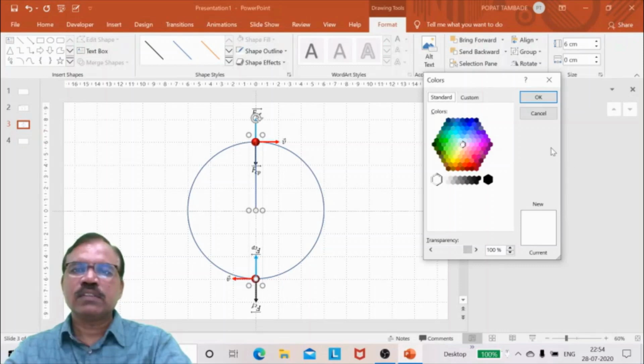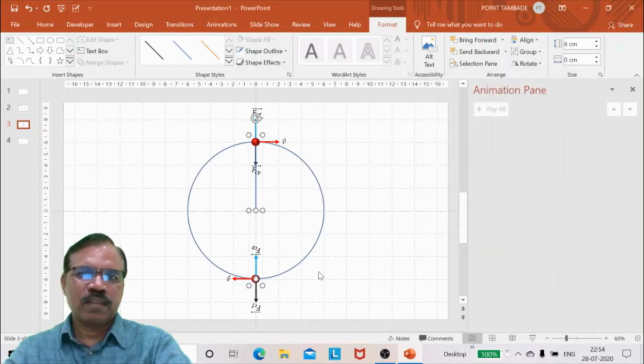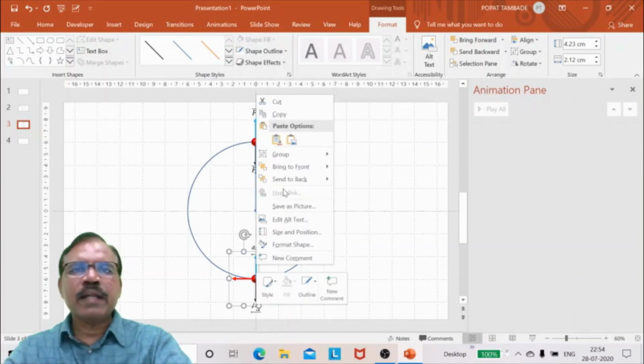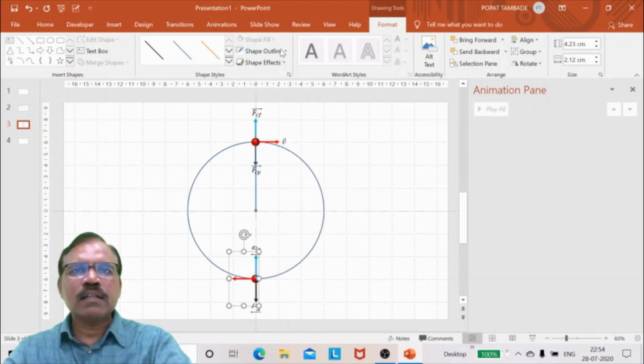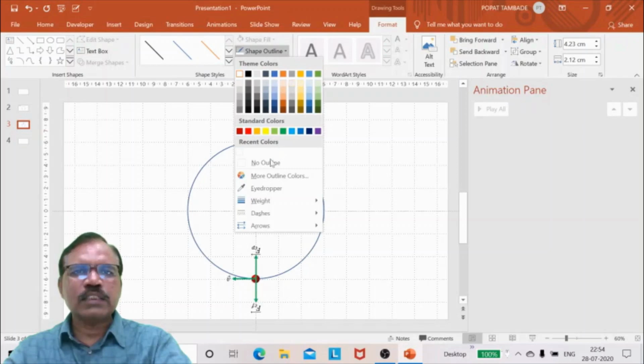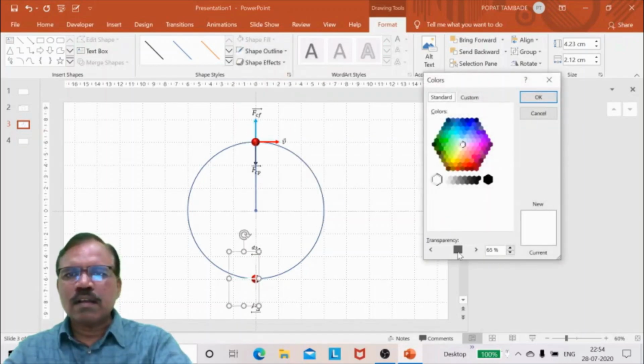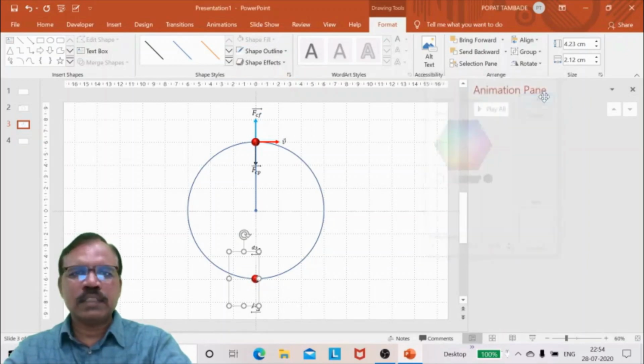Transparency is 100%. Similarly, select this group of 3 arrows, make shape outlines white color and transparency 100%.